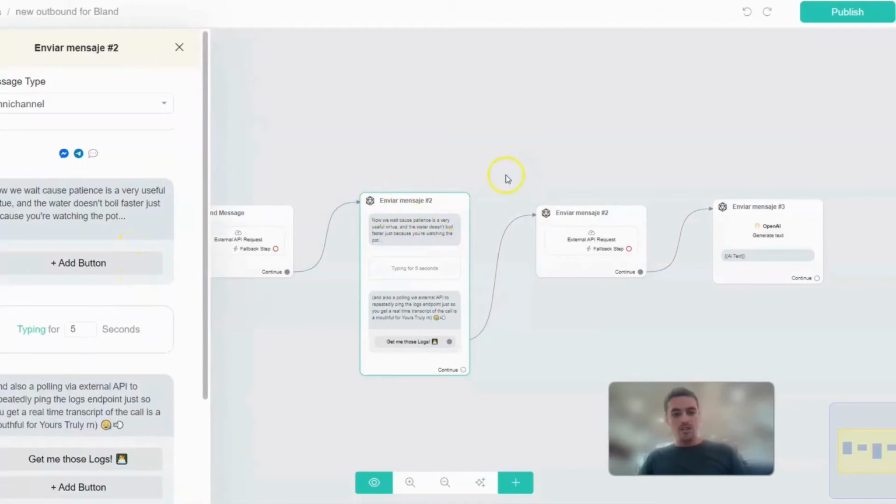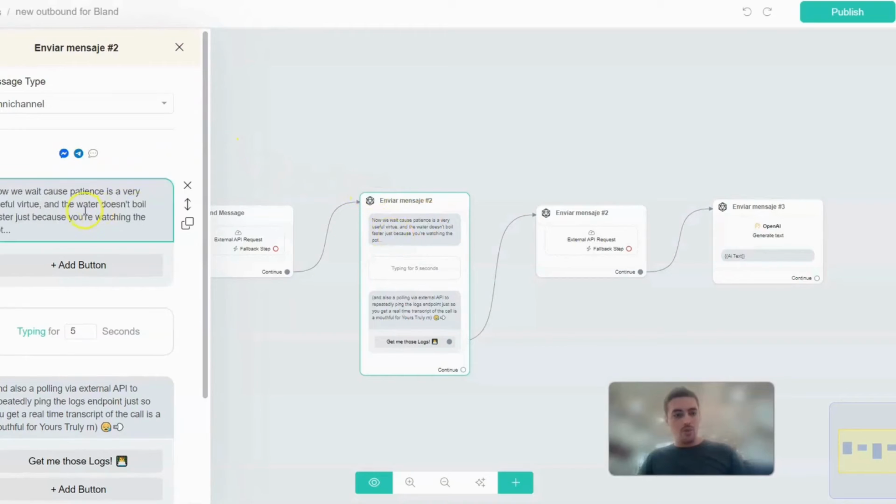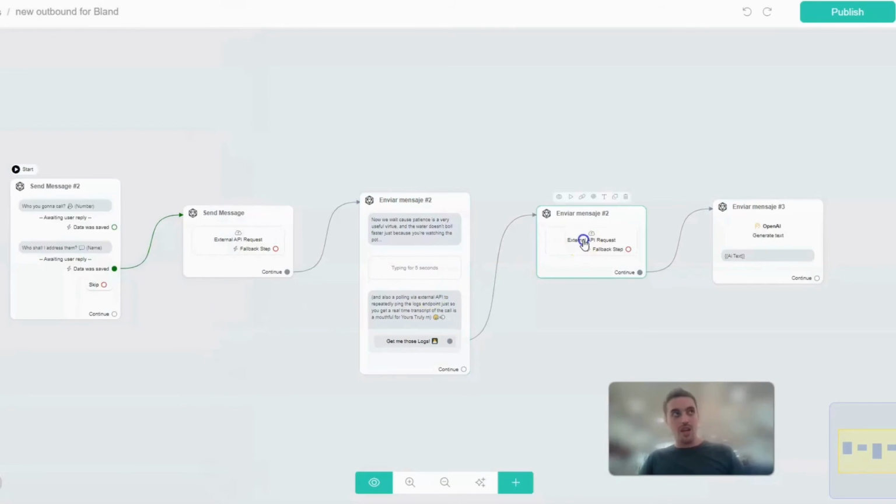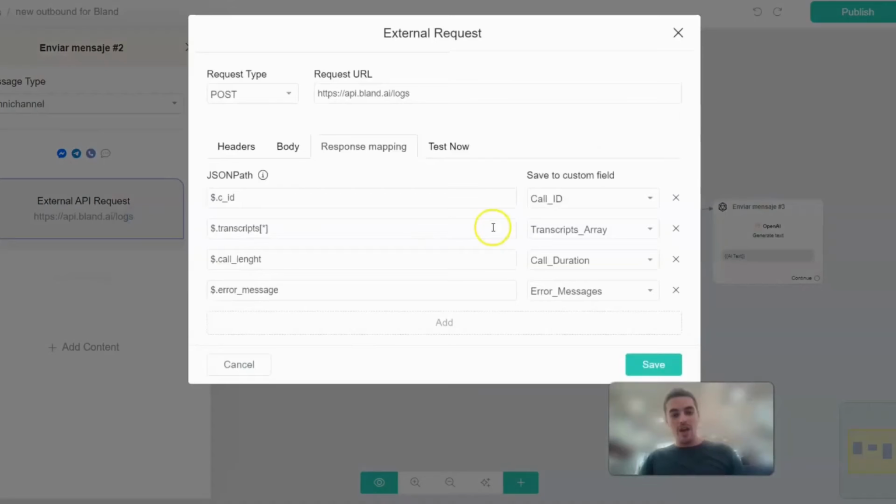And so the next one is actually there, and we want you to wait because the water doesn't boil faster just because you're watching it, and also because calling an external API repeatedly to the endpoint just so you can get a real-time transcript of the call is a mouthful for now. But once you see that the call has ended, you will click there, and the second API request will be triggered, and now we have our